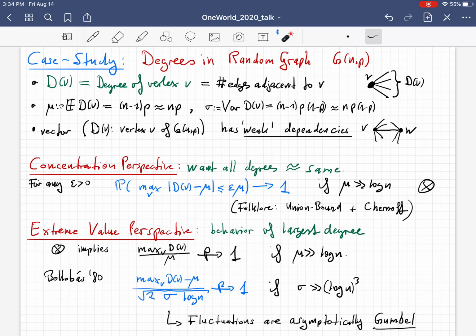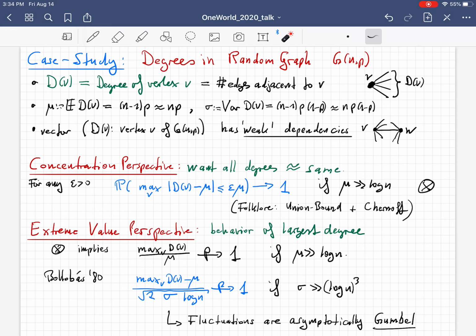So let's first do a quick case study. Let's revisit these degrees in a binomial random graph. We're interested in the degree: how many edges are there adjacent to some fixed vertex v. We're going to denote this by d(v). Note that once we fix a vertex, the number of adjacent edges is just a binomial distribution where we